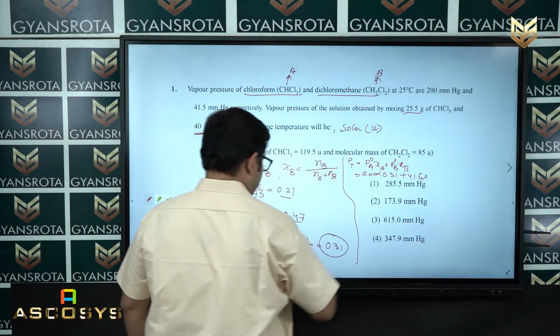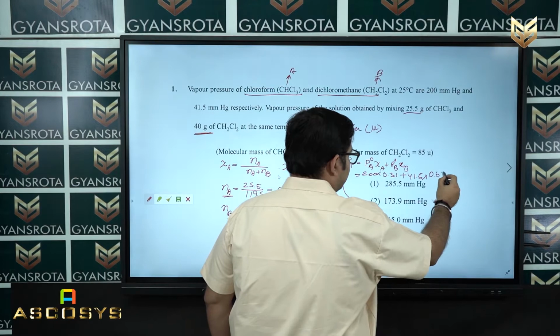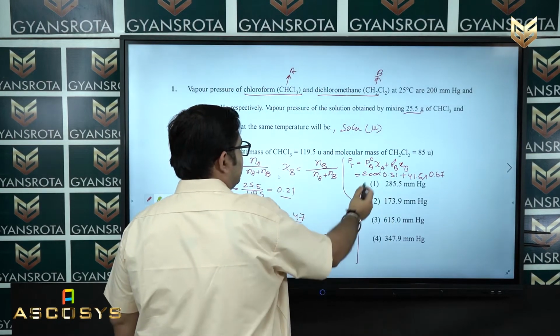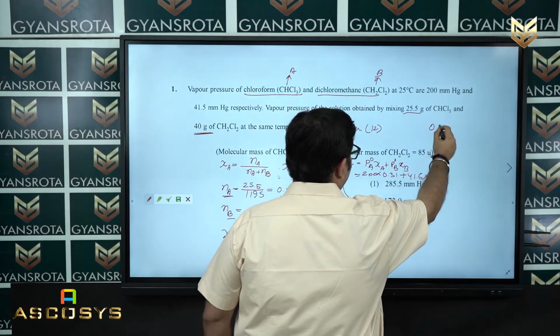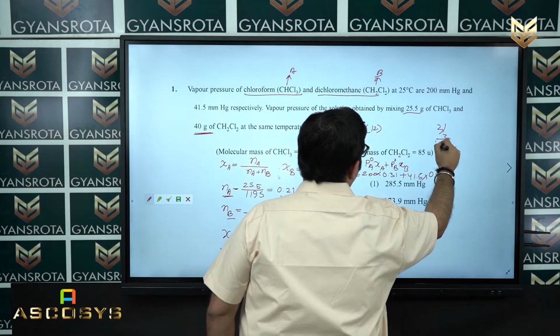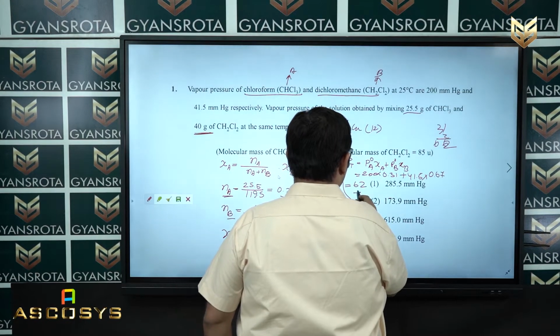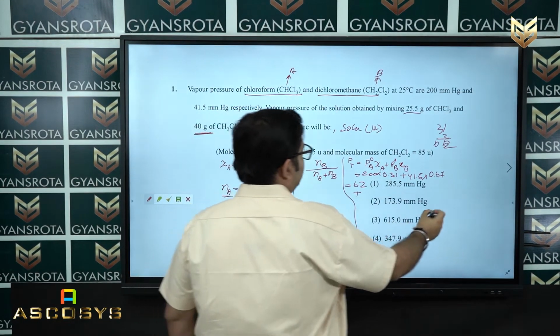What is the mole fraction of B? It ends up with 0.67. Now, do this calculation: 31 into 2, that is 62. 62 plus, if I am doing this part,